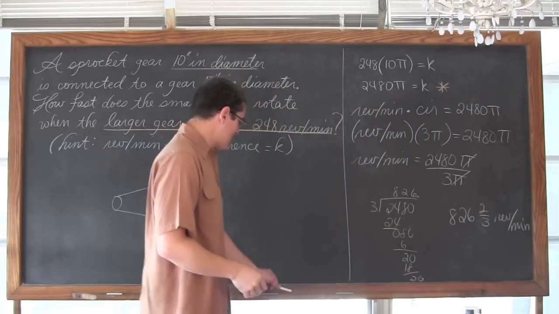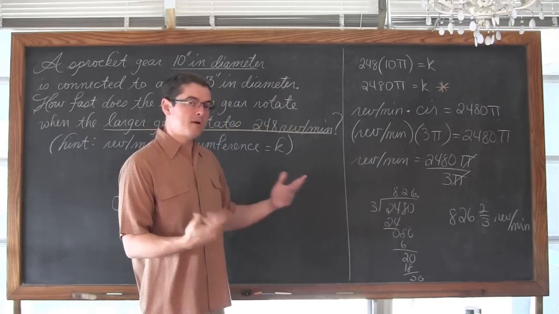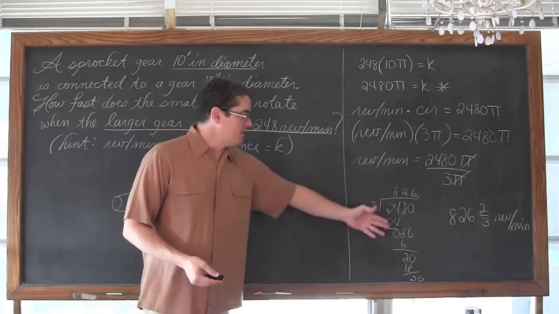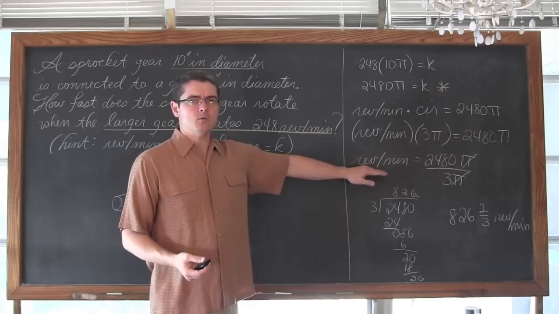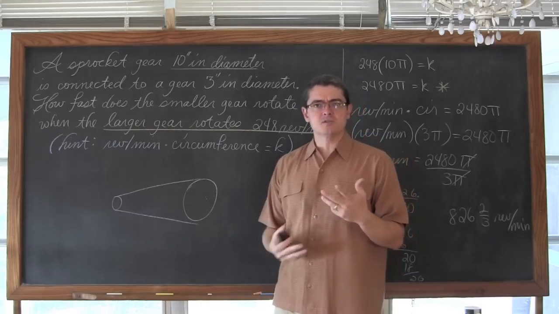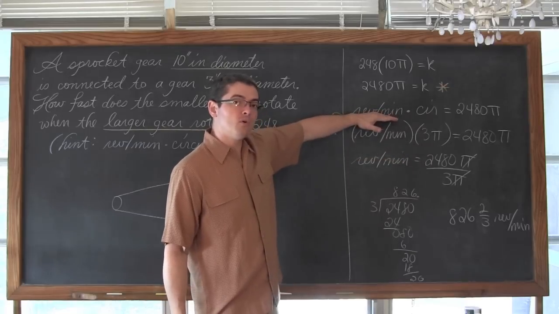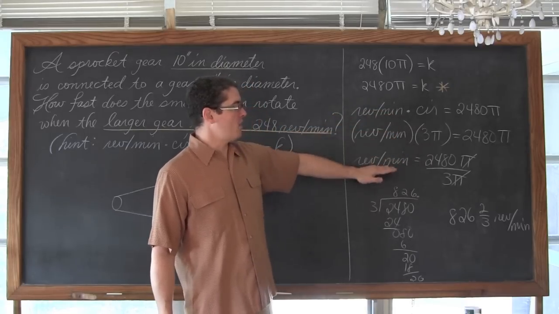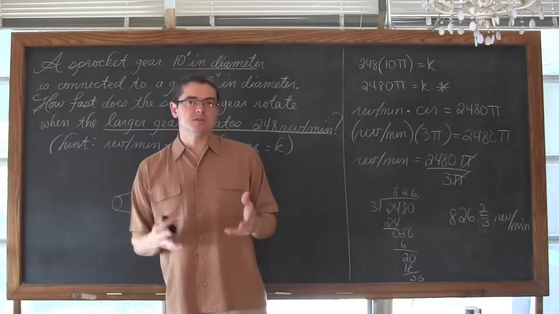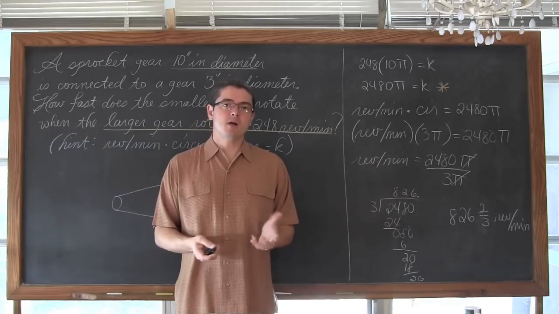Now with this word problem, you might notice I never wrote y times k equals, or y times x equals k. If you keep the full language in there, then when you're done, you don't have to think about, okay, I just found out what x and y was. What was that again? And go back and read the problem and go, did I just find distance or rotation or speed? What did I just find? If you take the time to write the full words out instead of just x and y, then when you're done, you will not have any doubt as to what it is you just found. It's not just a generic x and y, which really doesn't mean anything in terms of a real life problem.